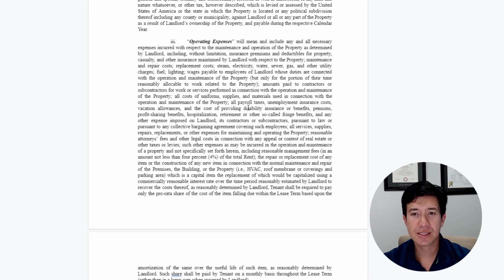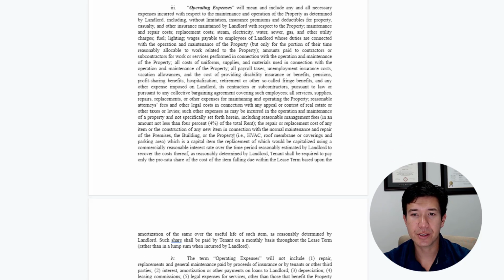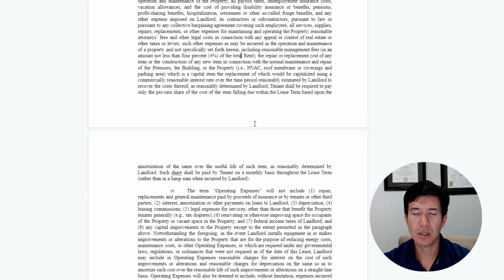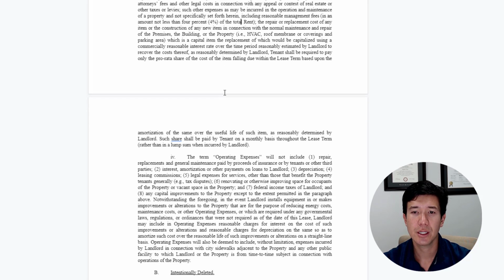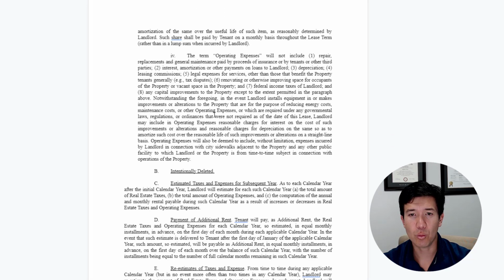These are definitions that matter, but I really can't go into everything. This one has a reasonable management fee. That's a little bit different. Not every lease, not every tenant is going to let you do this, 4%, and they're paying for it. There's plenty of triple net leases where the tenant does not pay a property management fee. If it's single tenant, you may just self-manage, and so it kind of makes sense why they don't want to charge, but just something to be aware of.